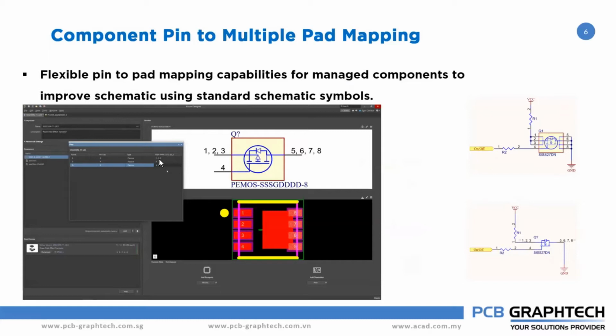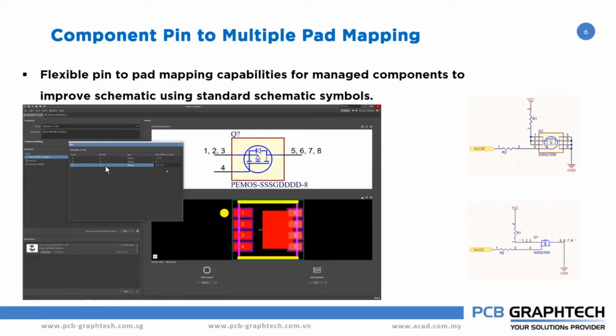Using the editor button, I can change the custom relationship in pin mapping with the multiple footprint pads, and these pads are separated by a comma. Okay, the pads in the footprints are separated by a comma.